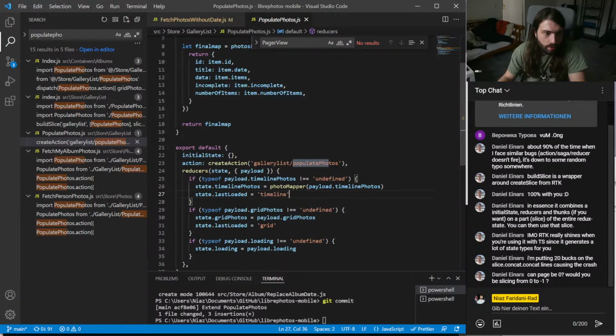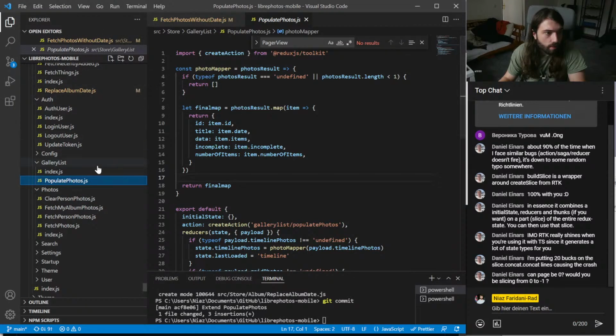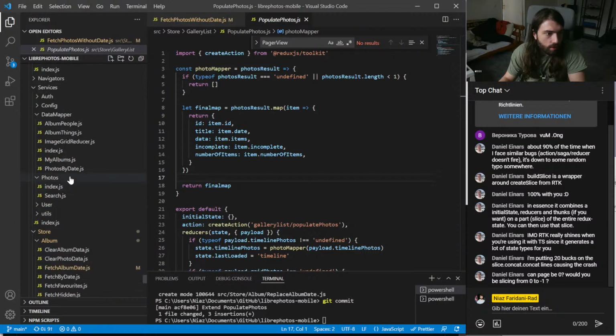I don't know whether that actually happens. It's like all over the place. We somehow have like two photo mappers. I don't like that.